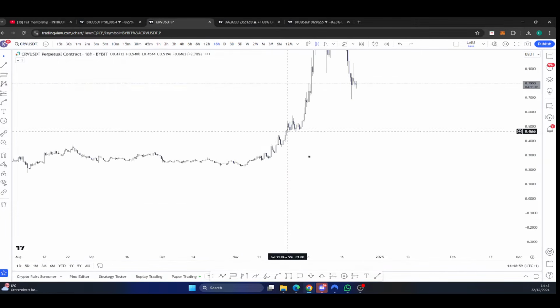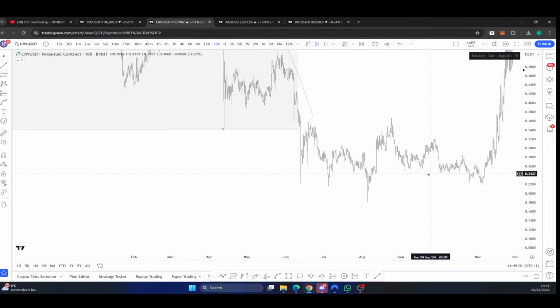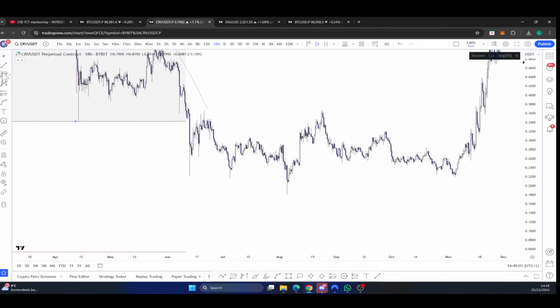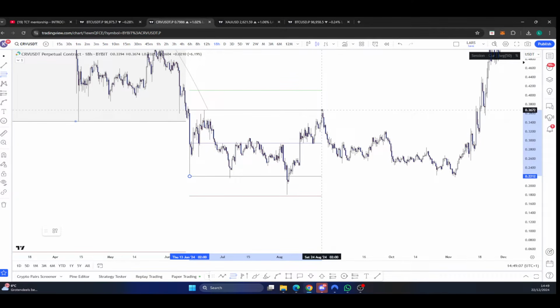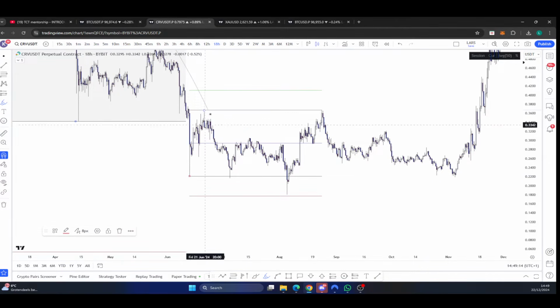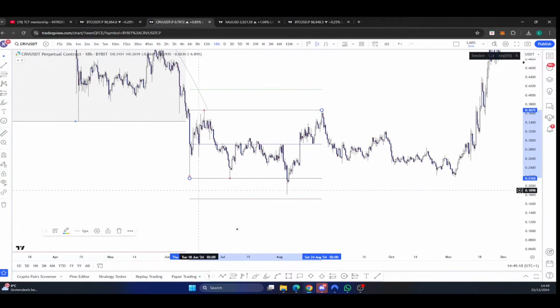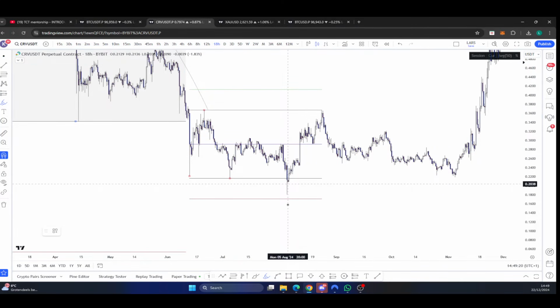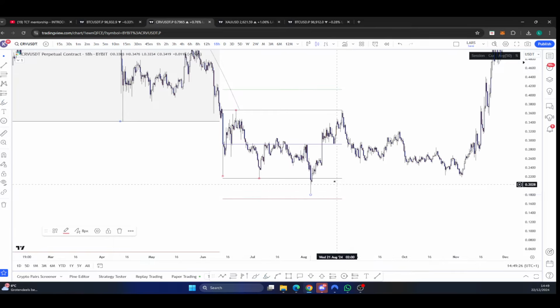So we can go now on the lower time frame, and we can see that we broke down from the range, therefore pulling our range from low to high, and we can see this is what we currently have. We had a range low. Let's make that red. We had a range high, and then we had our deviation 1 showing signs of an accumulation, and then we had our deviation 2 indicating a potential model 1 accumulation schematic. So now,